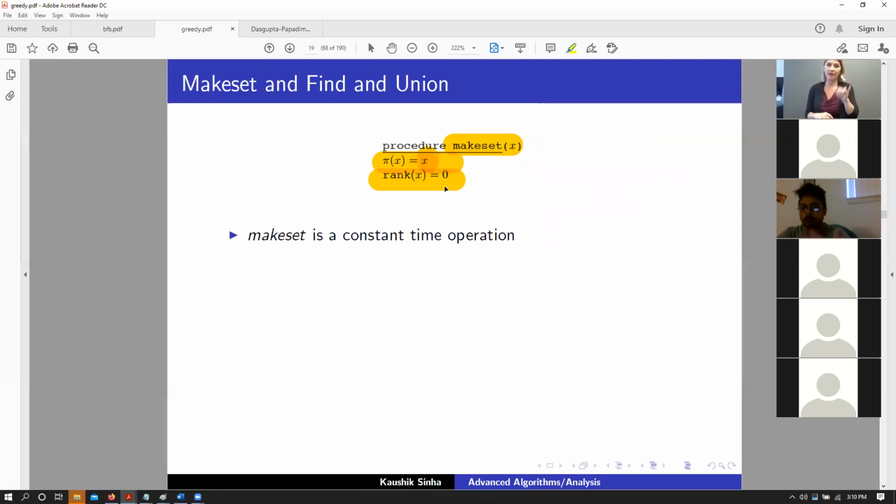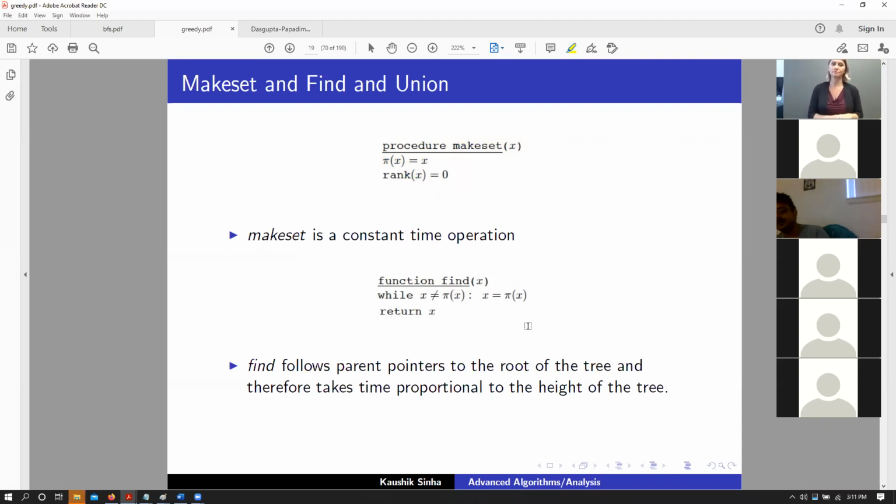Talk about unions. But for now, we set every rank of vertices to 0. Essentially, what this does is it is creating disjoint sets. Basically, if we have V vertices, it is creating V disjoint sets, right? Where every vertex is a parent of itself. Then we have this find function.